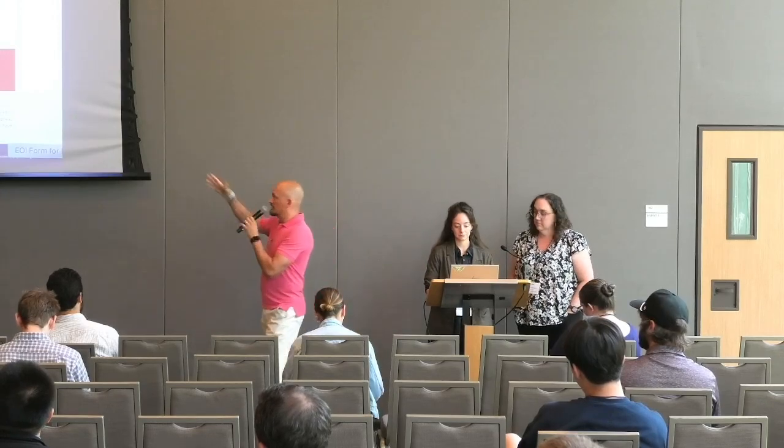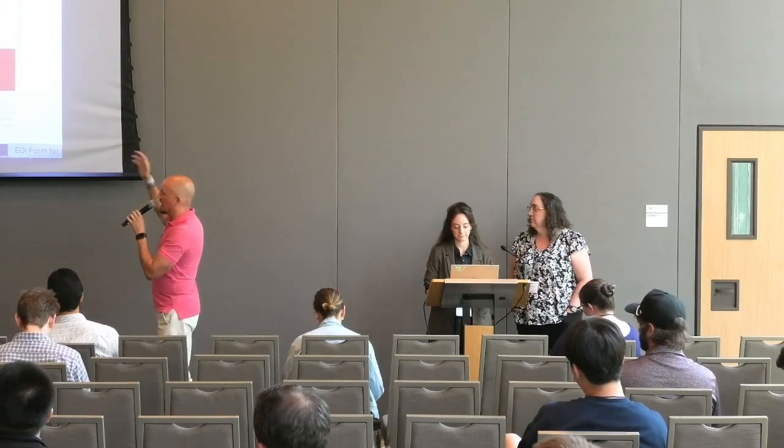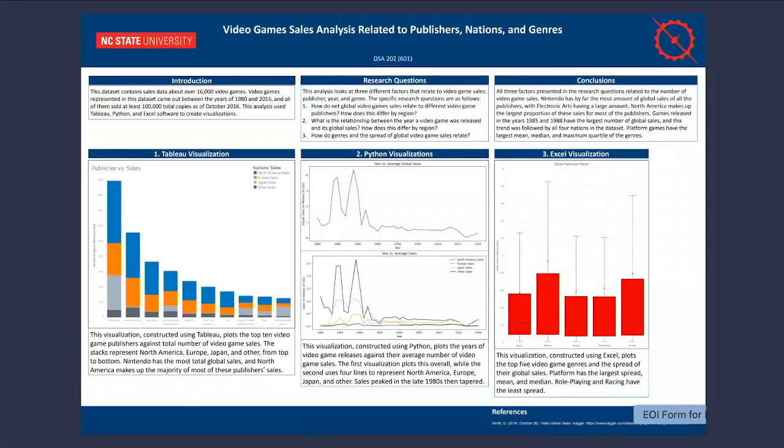Well, as we're getting this up, I realize I have some examples I want to show you. So in my data science classes, the final project is that we have students create research posters. So not only are they making visualizations, but they have to tell a story. So at NC State, I have student examples here. So this is one that people create. I let them choose their own data set. I lead them in a direction using Kaggle or Corgis because they're clean data sets and it's faster and easier for students to use. But they choose their own research. They choose their own direction. They have to come up with research questions. So I love this for the Data Science Academy.